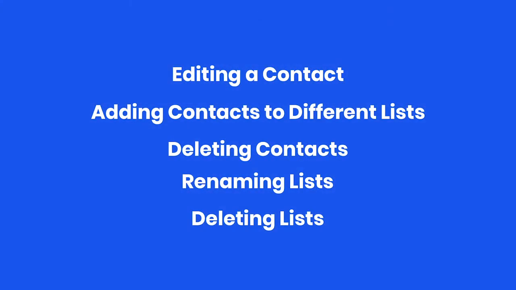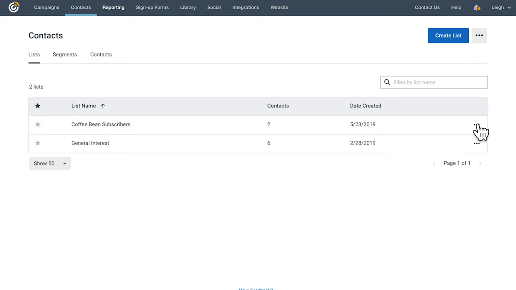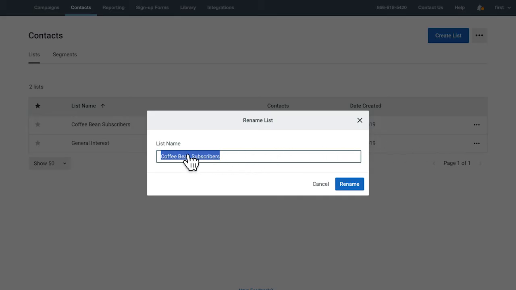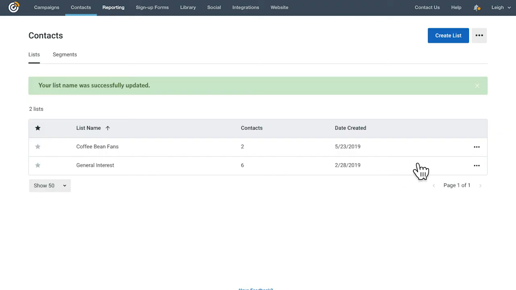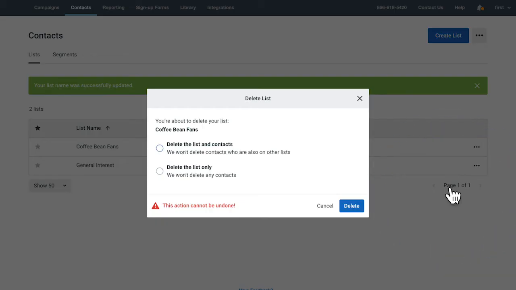Next, let's go over renaming and deleting your lists. Just click here for any list you want to rename, and select Rename from the drop-down. Give your list a new name, and then click Rename. On that same drop-down, if you want to delete a list, just click Delete. When you click Delete, though, a pop-up will display asking if you want to delete the list and contacts, or